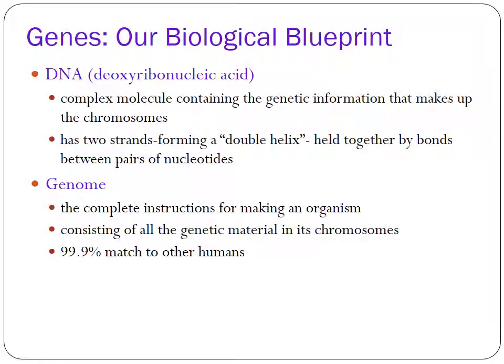With a term like DNA, you should know that it's the double helix. Essentially, it's the organization of all of our genes that make up the unique person that you are. When we're looking at the genome, if we look at what makes you you versus anyone sitting next to you in class or halfway across the planet, we have a 99.9% match genetically to all other humans, meaning that it's about a 0.1% that causes the variations that we see between each other.